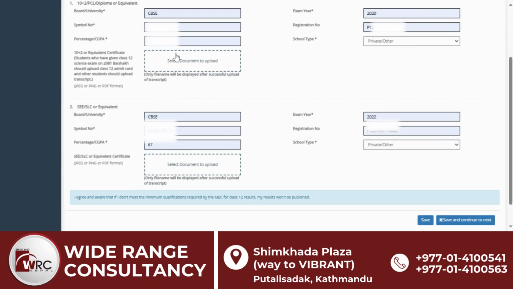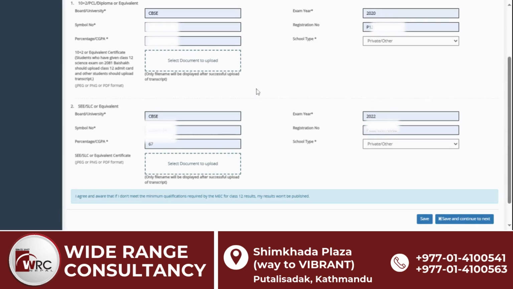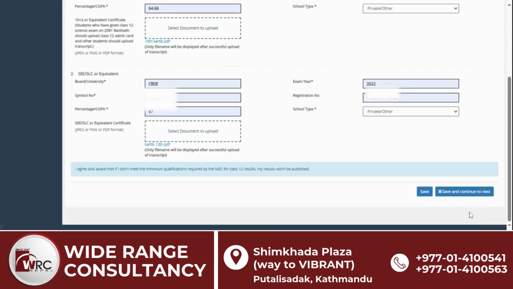Next, in this page, we'll provide the academic details. This includes your 10th and 12th board name, passed year, symbol number, registration number, CGPA or percentage, etc. And upload your 10th or 12th mark sheet in the respective box. After that, click on Save and Continue. Coming to the next page,